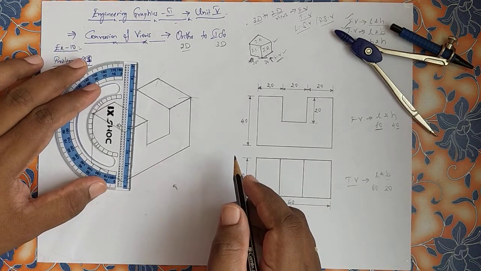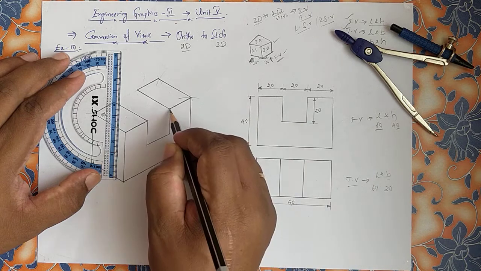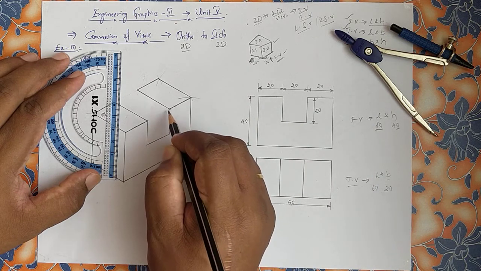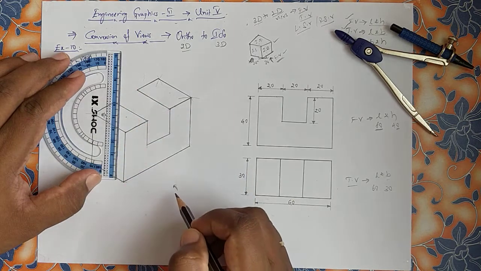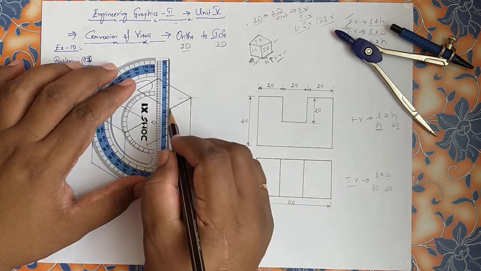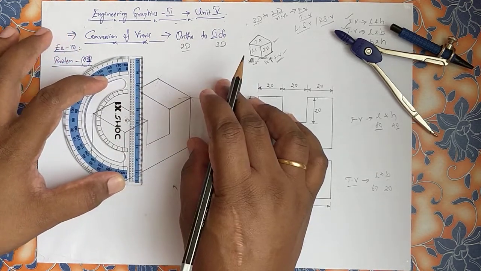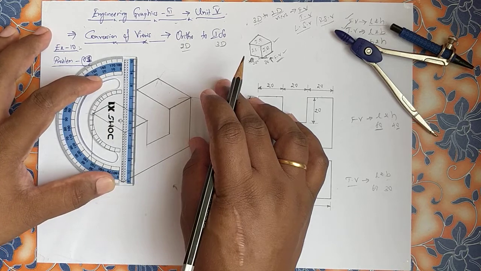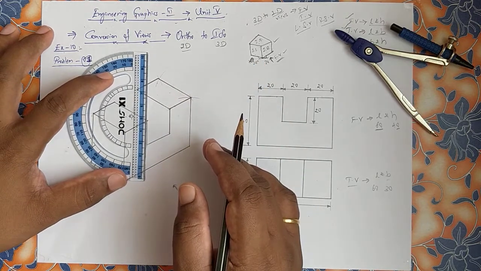For that purpose, here we will have a step, this depth step as it is here. Draw the same parallel line from this corner, the way you have drawn down. From this corner you are supposed to draw it down. Try to take the same line and drag it. Here comes the help of a drafter, but the drafter is not available here, so try to draw parallel lines to all these lines.